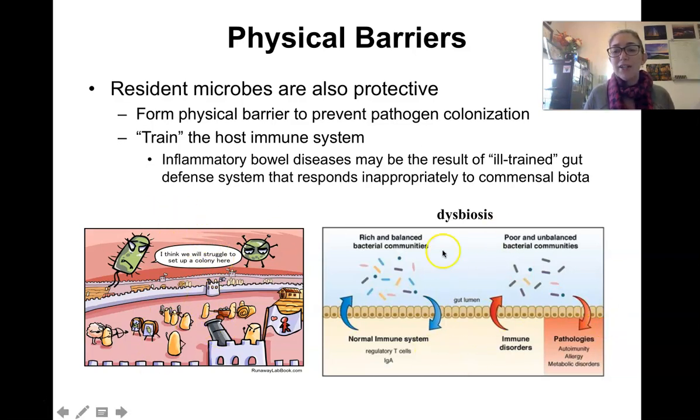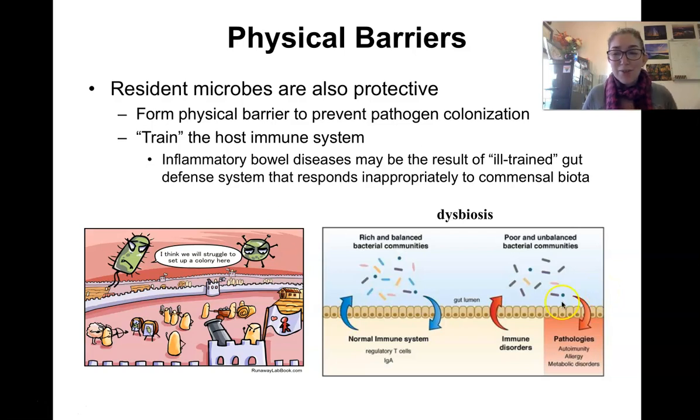This picture here is a theory of dysbiosis in the microbiome world, where the concept is that when we have a rich and diverse set of normal flora, then they train our immune system properly. We have a healthy functioning immune system, and we've got a rich population for bacterial antagonism. But when we deplete those species, and especially key species, which we're not sure what those key species are yet, then it leads to dysbiosis, an abnormal